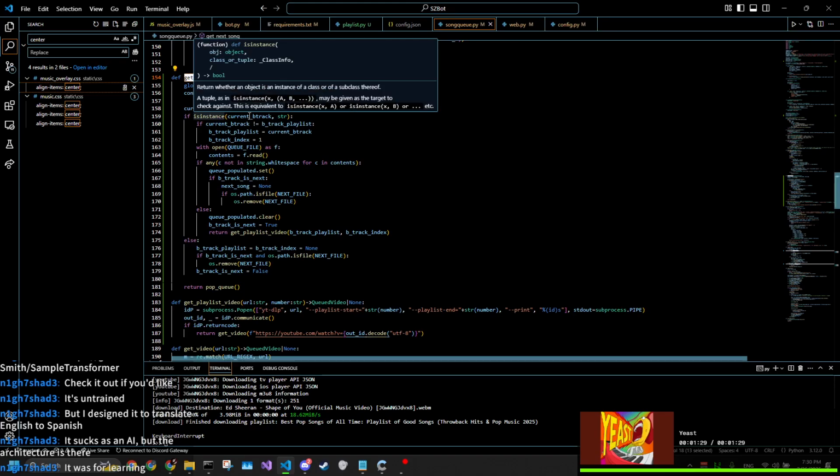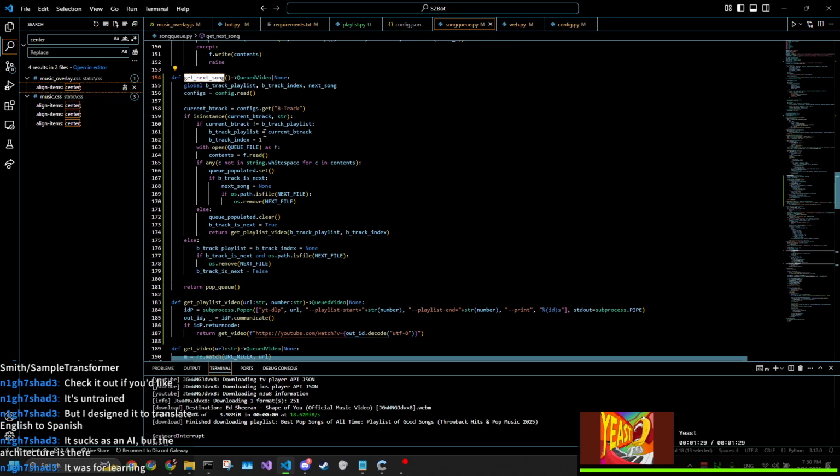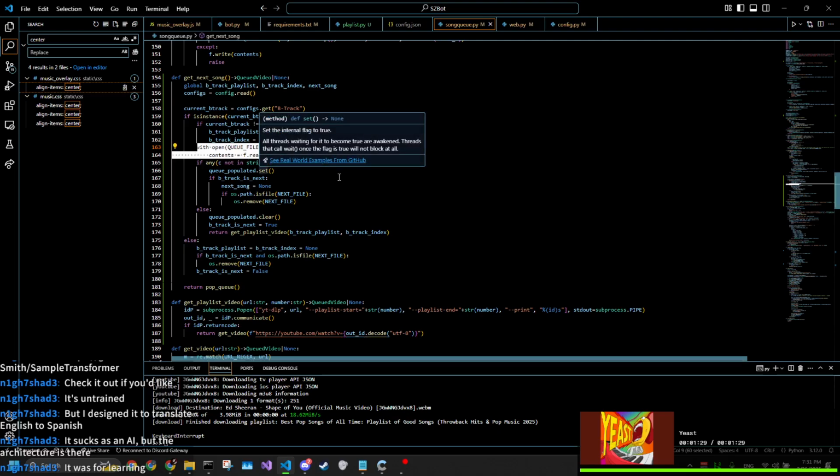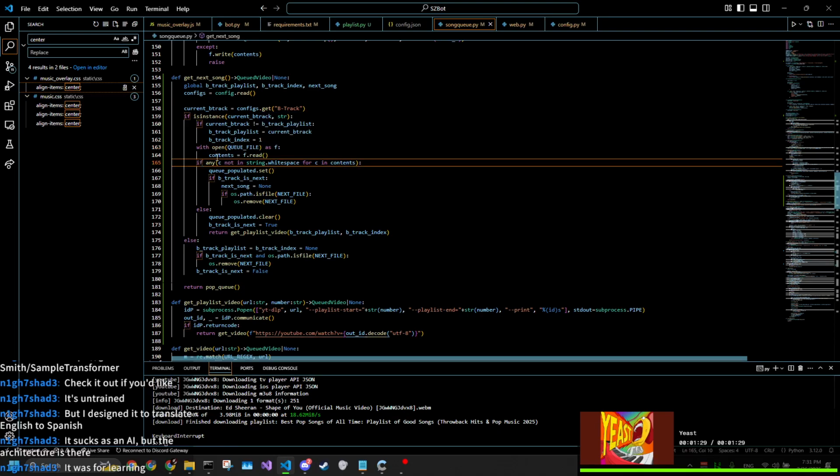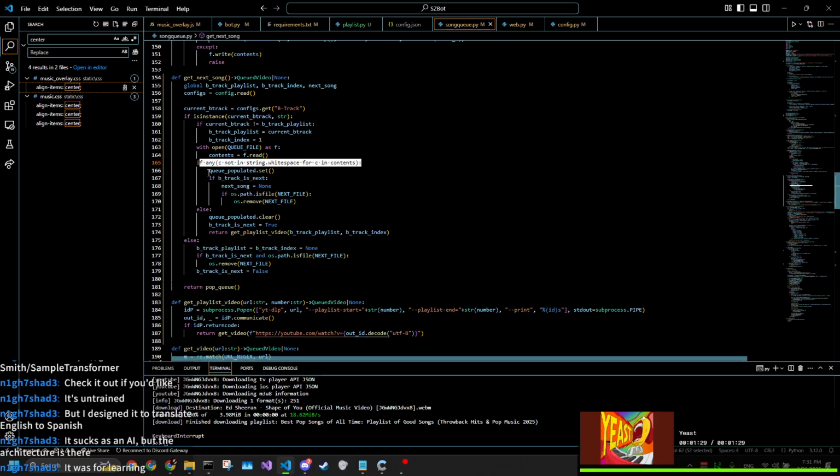If B track is a valid value, then if it's changed, then set the global to the new value and reset the index. Then go open the queue, check its contents. If the queue isn't empty, then set the queue populated flag, and then